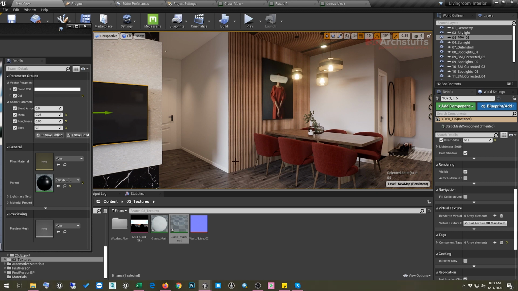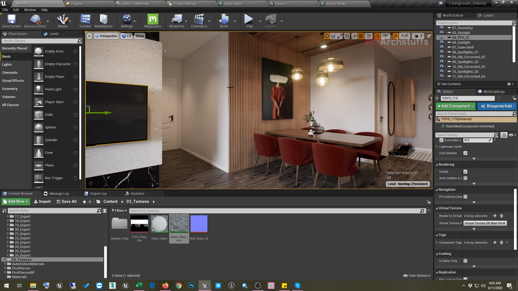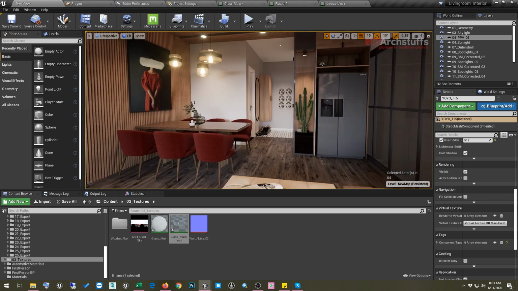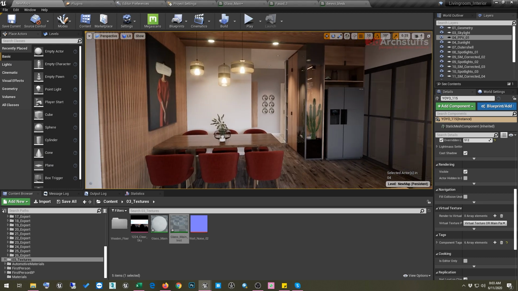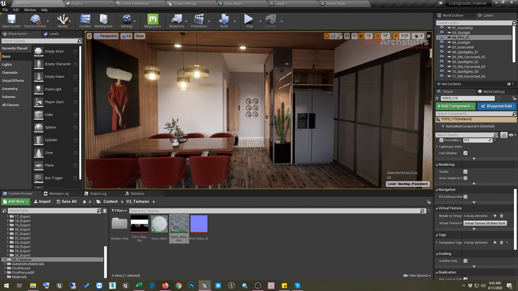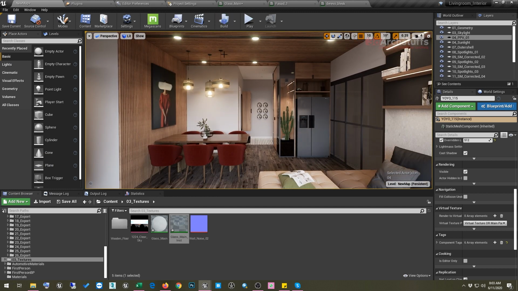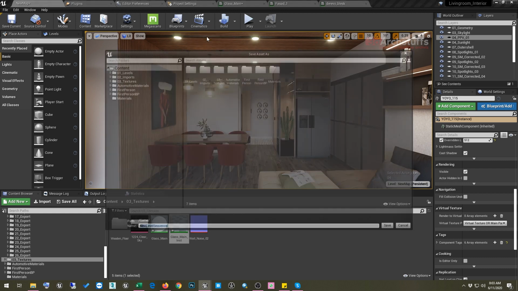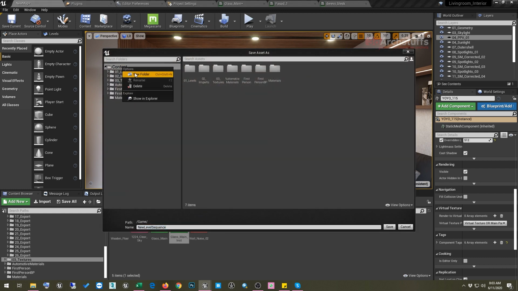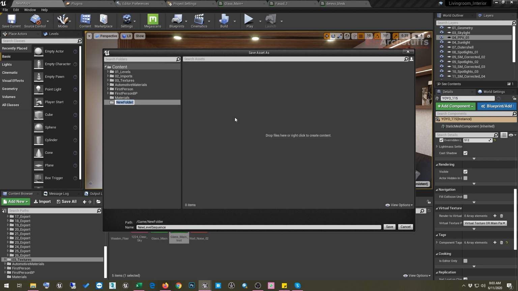And once you have done all that tweaking of the material after switching on the ray tracing, what you can do is make a cinematic and then render this as a video. So I will go ahead in cinematic, and I will add a level sequencer, and I will right click and then new folder, and then cinematic.